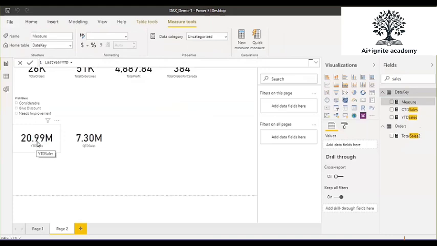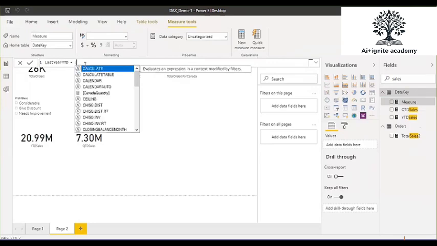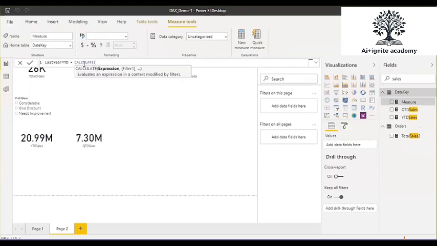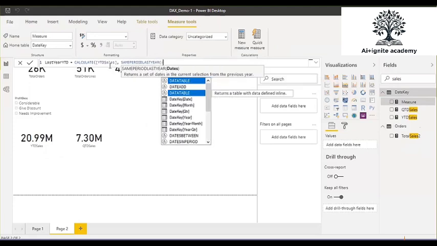Same period last year function is a kind of filter which takes you 1 year back. So here I'm going to use the calculate function, because calculate helps us to evaluate any expression in the context of the specified filter. Here my expression is this YTD sales. This value I want to evaluate based on the same period last year. So here you use the same period last year and define the date.